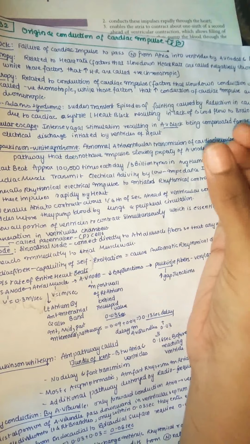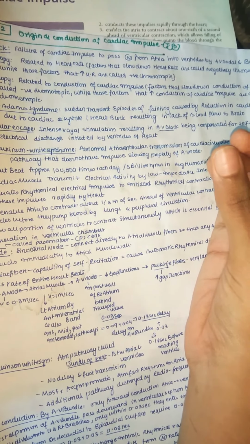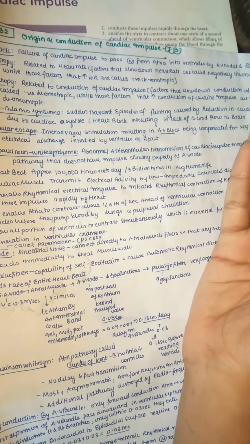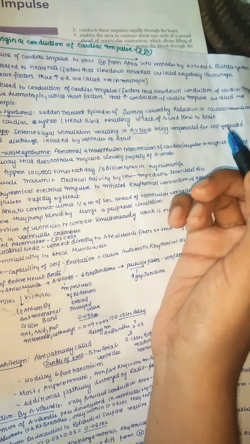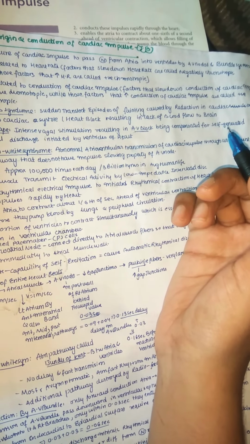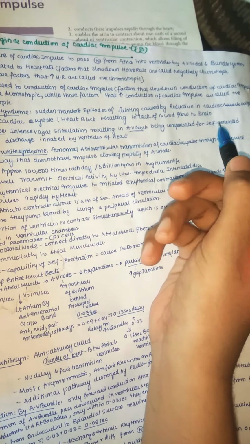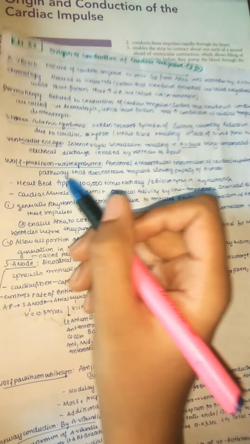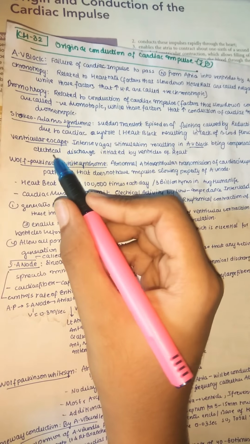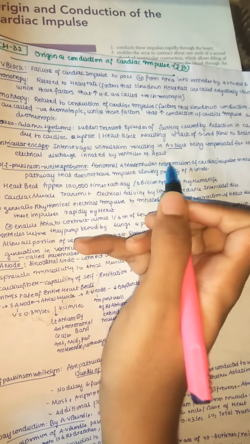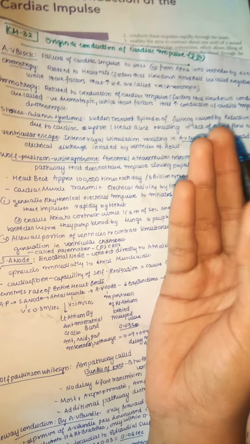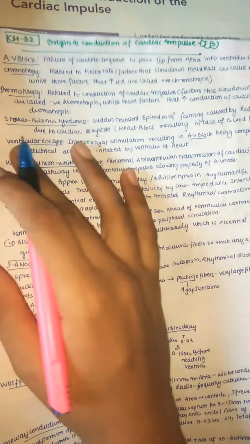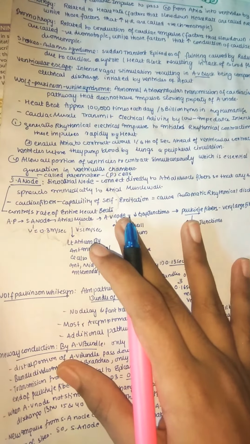So you can understand when the AV node is blocked, then it should be compensated, because the heart should not stop, as it may cause decreased blood supply to every organ, and it may lead to shock. So it is self-generated compensation by our heart itself, that is electrical discharge initiated by the ventricles of the heart. So now ventricles start their stimulus and they start pumping. So this is a compensation mechanism. This is called ventricular escape. So now let us see each of the processes in detail.